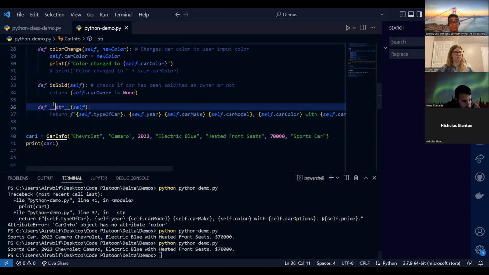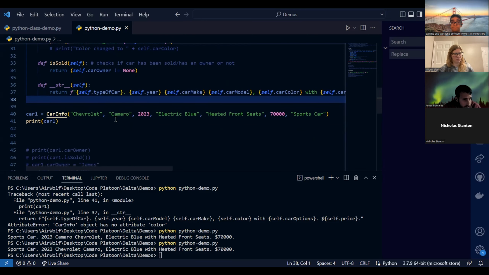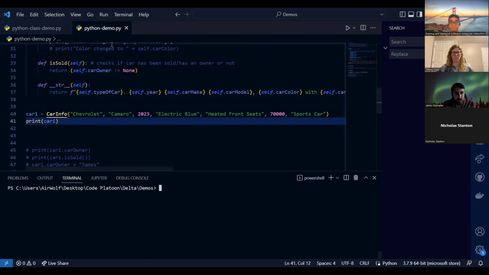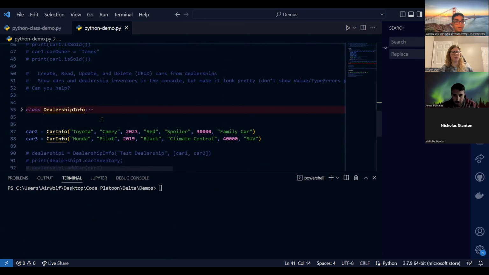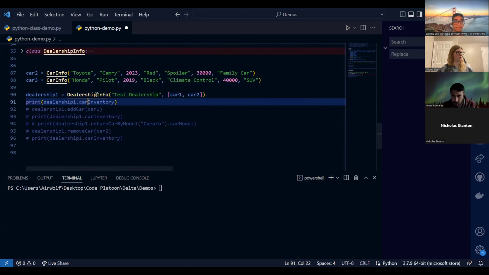So using the string method is really helpful if you want to display a class or print a class out nicely. Does that kind of make sense? Any questions there? All right, so now there's one other thing. Let's say we've got my car1, I've got car2 and car3, and I'm going to make my dealership, and I want to print out my dealership car inventory. If I do that,